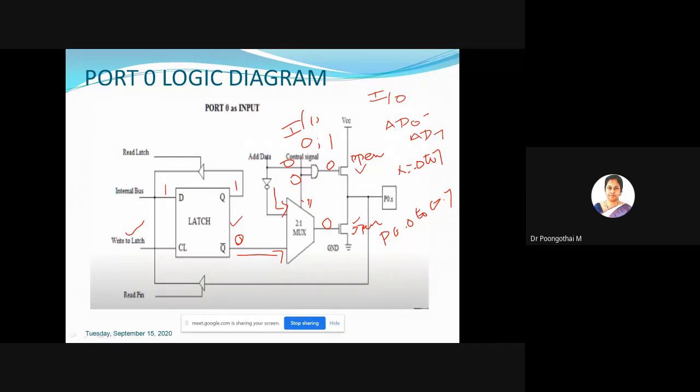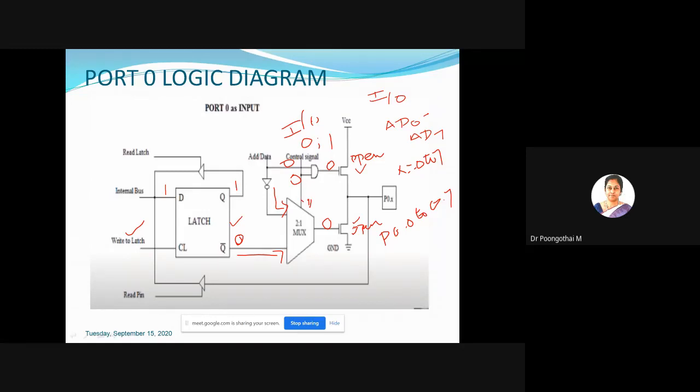That means it does not allow anything to pass through. I am writing 1 here. The output of Q is 1, Q bar is 0. When the control signal is 0, it will not allow the signal from address/data to the 2:1 mux. So your Q bar is propagated through the 2:1 mux.